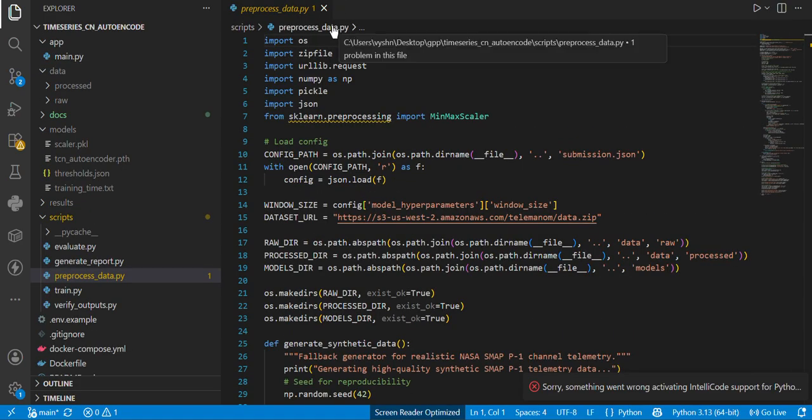Now let's look at the pipeline implementation. Our project is fully containerized using Docker and Docker Compose, ensuring that the entire environment is reproducible on any machine with a single command. The pipeline begins with preprocessing the data. The script is designed to download the telemetry zip files from AWS S3, extract files for channel P1, and fit them in a MinMax scaler. If the external S3 server is offline, the script automatically triggers a high quality synthetic generator. And next,